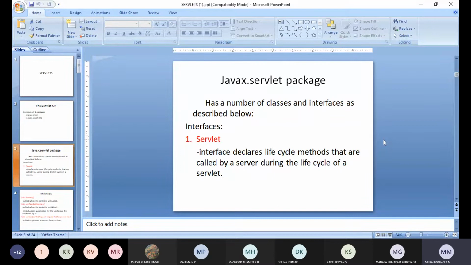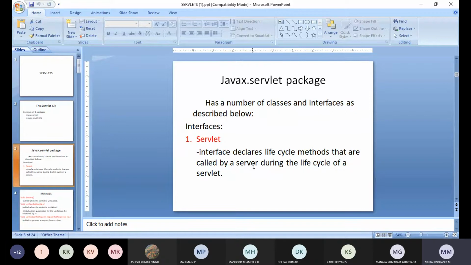So this servlet interface declares these lifecycle methods that are called by the server during the lifecycle of a servlet. Okay. So servlet lifecycle methods are init, service, destroy. To load the servlet into the address space of the server, the server will invoke the init method.